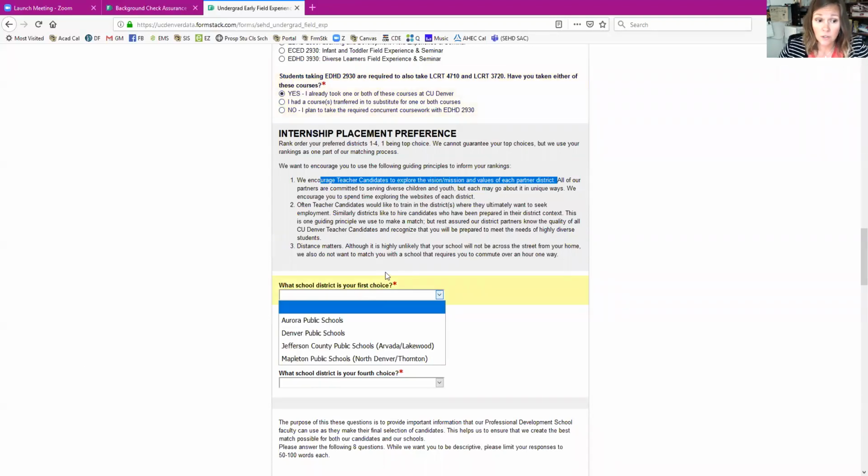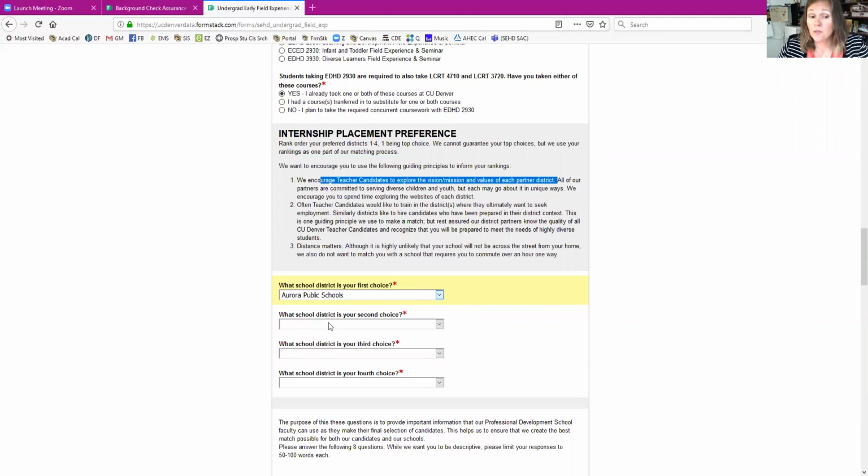We have our district choices here: Aurora, Denver, Jeffco, and Mapleton. So if you want to try Aurora this time and maybe try Denver the next field experience and then professional year, you also have a whole other year full of district